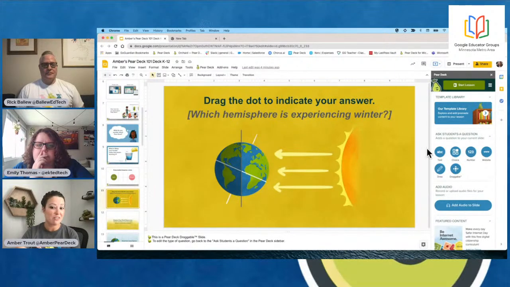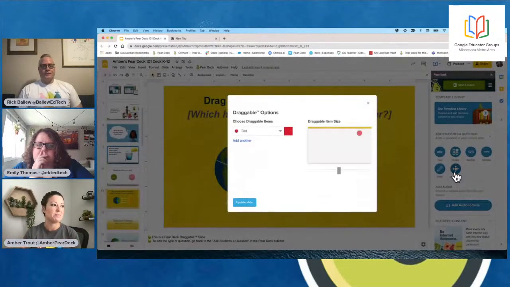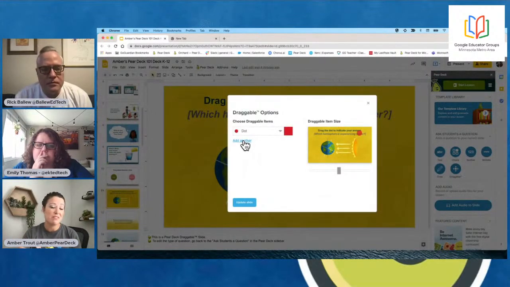I just choose whichever one I want over here. Today I'm going to click on Draggable because I want to show you some options. Some of them don't have menus. They'll just pop right on, but this one does because it's asking you a couple of different things. So I want to point them out. You can choose up to 5 draggables on your screen. You can change colors if you want them to be different colors to be able to access them. And you can also change the icon.